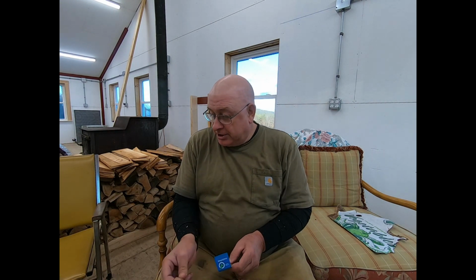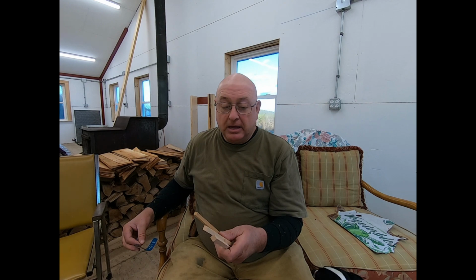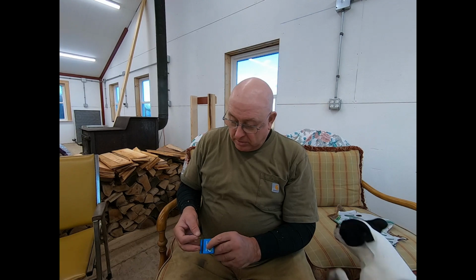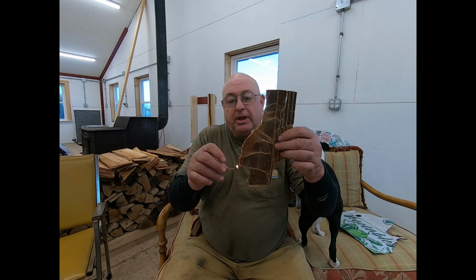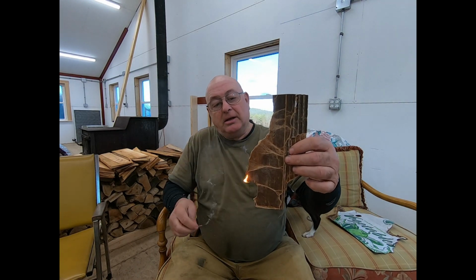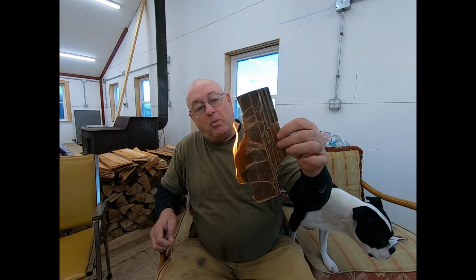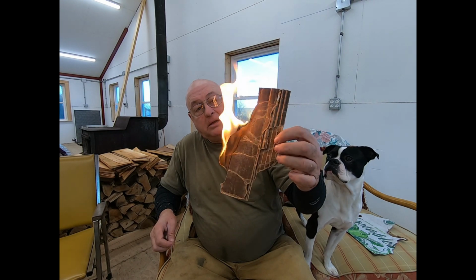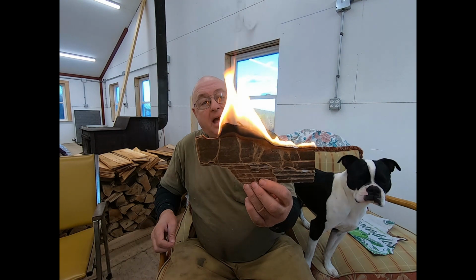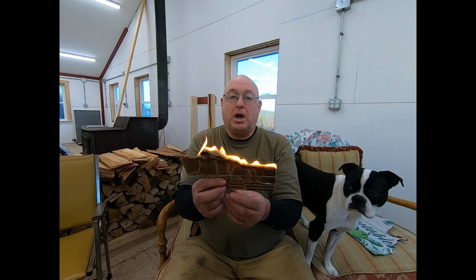But I'll just show you, all these pieces of wood are the same size. I've got a piece of red oak, piece of pine, piece of cedar. I just want to show the difference on each one. But first thing we're going to do, show you how this piece of waxed box goes up. When that gets hot enough that it melts that wax, now you've basically got a waxed candle without a wick. That will start a heck of a good fire. I'm going to go throw this into the stove because I don't want to smoke up my shop too much,